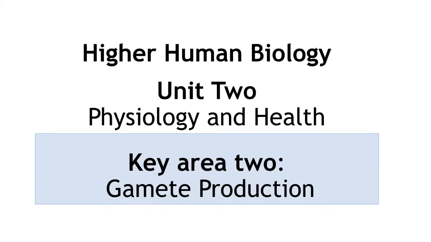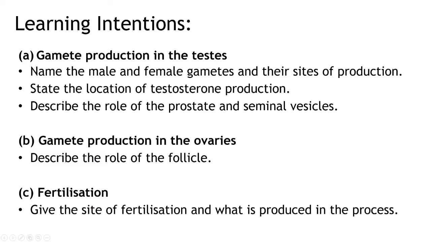In this video, we look at Higher Human Biology, Unit 2, Physiology and Health, specifically Key Area 2, Gamete Production. Key Area 2 is split into three sections. There is subsection A, Gamete Production in the testes, subsection B, Gamete Production in the ovaries, and subsection C, which